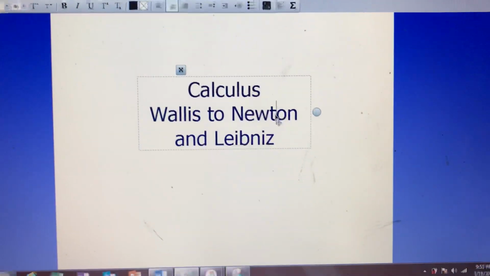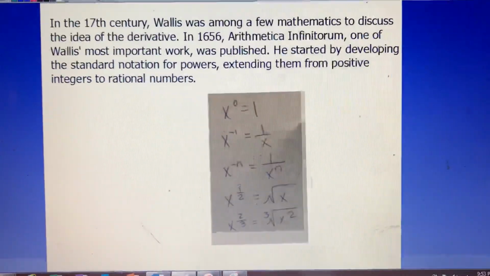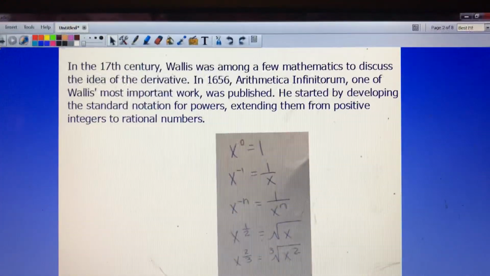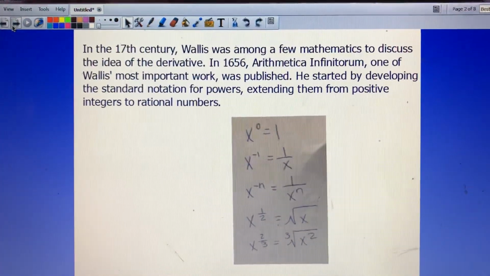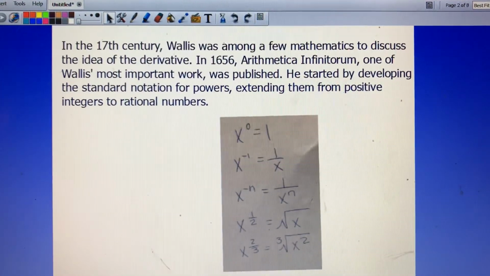Calculus from Wallis to Newton to Leibniz. In the 17th century, Wallis was among a few mathematicians to discuss the idea of the derivative. In his 1656 work,